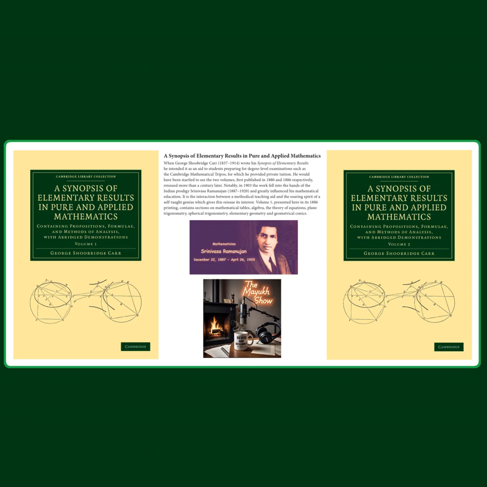নিয়ে, জর্জ শুব্রিজ কারের লেখা Synopsis of Elementary Results in Pure and Applied Mathematics। হ্যাঁ, আর এটা সারসংক্ষেপ কিন্তু আমরা একটা লার্জ ল্যাঙ্গুয়েজ মডেল থেকে পেয়েছি। ঠিক, বইটা আসলে দুটো ভলিউমে। প্রথমটা বেরিয়েছিল 1880 সালে আর দ্বিতীয়টা 1886-তে। বেশ পুরনো। আর সবচেয়ে মজার ব্যাপার হলো শ্রীনিবাস রামানুজনের সাথে এর সংযোগ। তাই তো, মাত্র 16 বছর বয়সে এক বন্ধু ওকে এই বইটা দেন, ভাবা যায়। আর বইটাতে ছিল প্রায় 4,500, তারও বেশি উপপাদ্য আর সূত্র, কিন্তু কোনো প্রমাণ ছিল না।